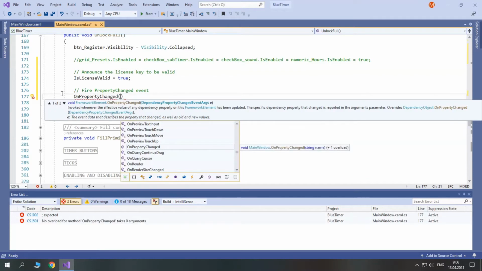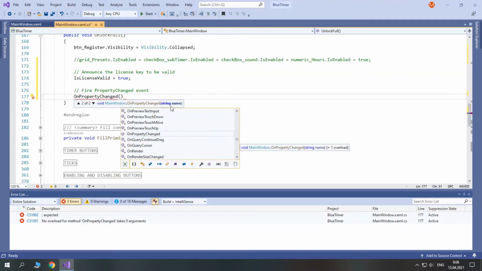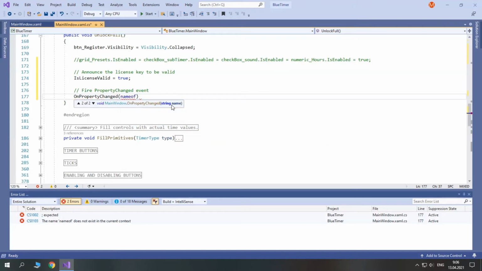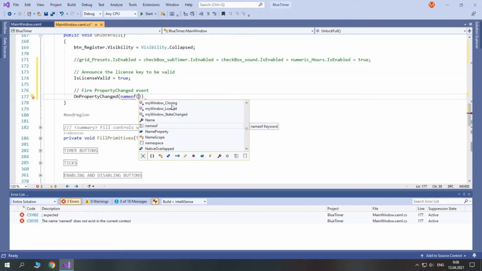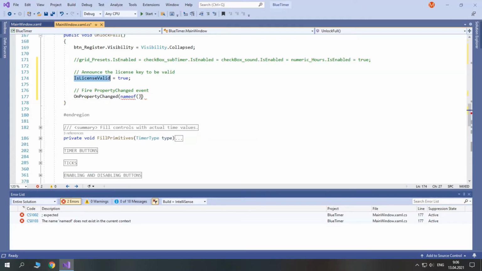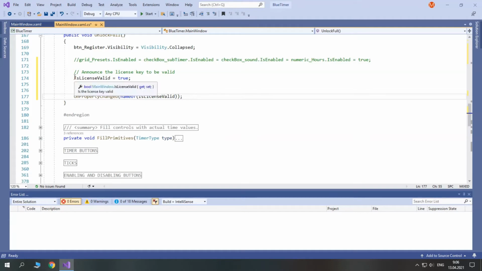And here we should pass a string, but Angel 6 recommends using nameof instead of hard-coded strings. So nameof, and here in parentheses, you pass the name of the needed property. So this one, IsLicenseValid. So here you change your property, and here you notify that it is changed.